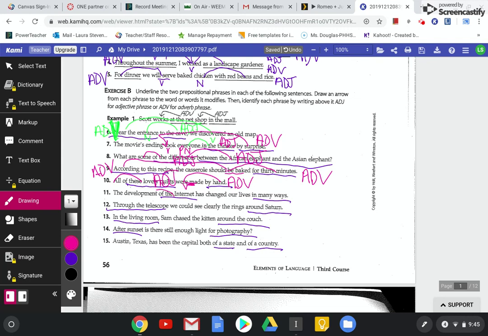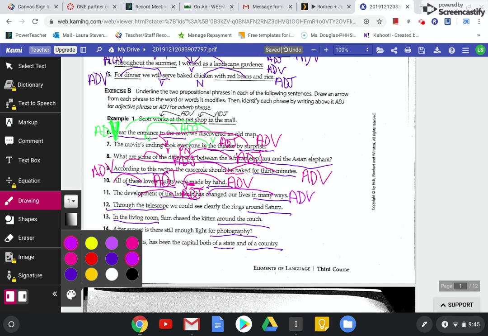What's of the internet development? Now, if I don't know, I just check the development. Seems like a noun. So this one's an adjective phrase. Sorry. It's really getting hard to read, I know. What's happening in many ways has changed. To change, we have another verb, so we got an adverb phrase there.